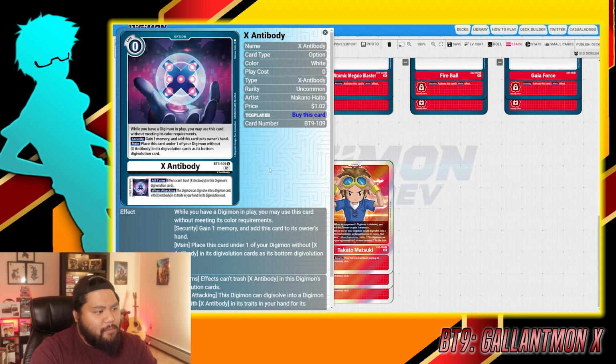And then main ability, place this card under one of your Digimon without X Antibody already in it into Digivolution cards, and then add it as the bottom Digivolution card. And then as an inheritable, all turns effects can't trash X Antibody in this card's Digivolution cards. And then when attacking, this Digimon can Digivolve into a Digimon with X Antibody in its traits from your hand